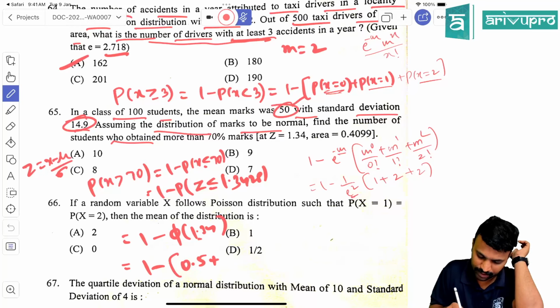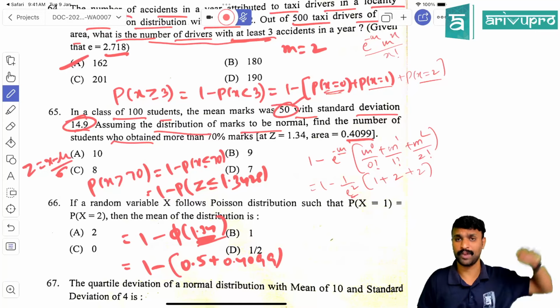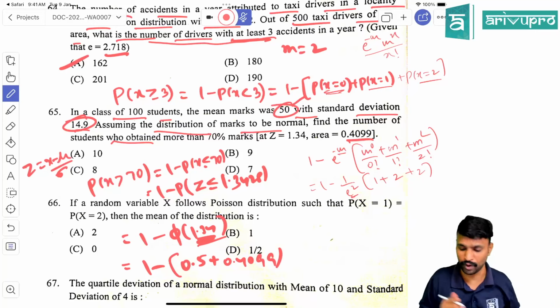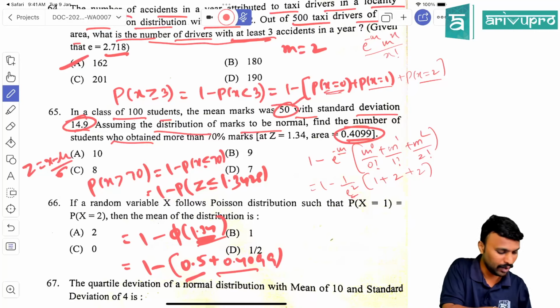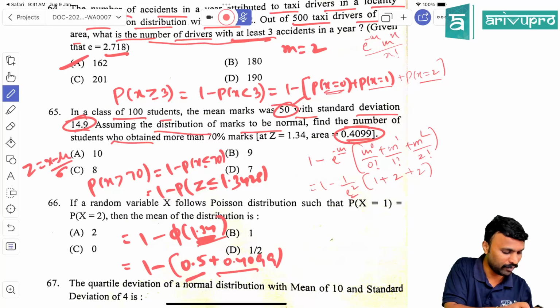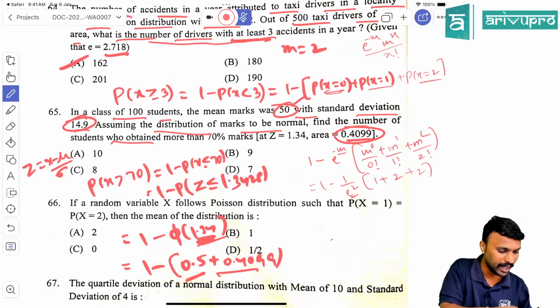So guys, please understand the meaning of this is area up to 1.34, which is nothing but 0.5 plus the area from 0 to 1.34. The area is given as 0.4099. Guys, up to 1.34 means from minus infinity to 1.34. From minus infinity to 0 the area is 0.5. From 0 to 1.34 they have given the area. Just add it. So 0.5 plus 0.4099, make it negative, plus or minus, add 1 to it, you get